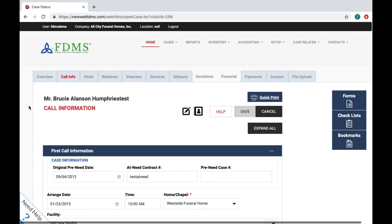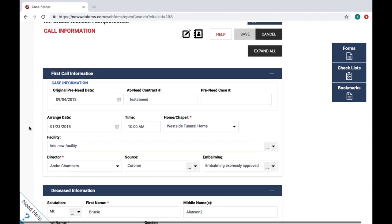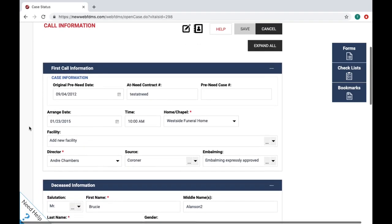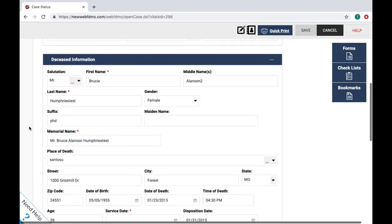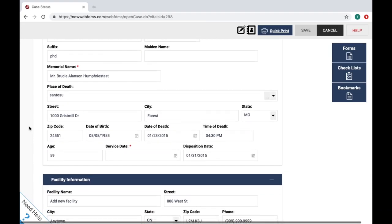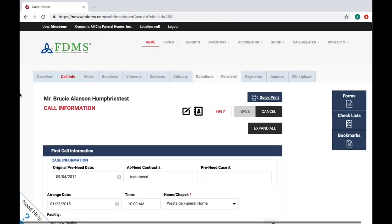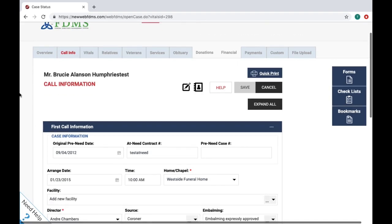So this is where we put in the call information. Here, we put in the arrangement date, the funeral home, the facilities, the funeral director, how the family came to us, decedent information, the place of death, the address, and just the basics. This should be familiar to you. With FDMS, our goal is to continually find ways to make your life as a funeral director easier. So when I look at the informant, for example,